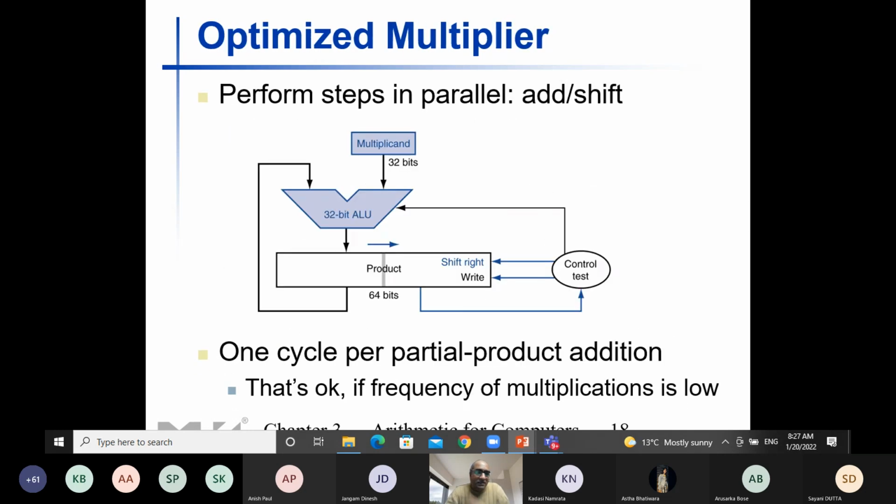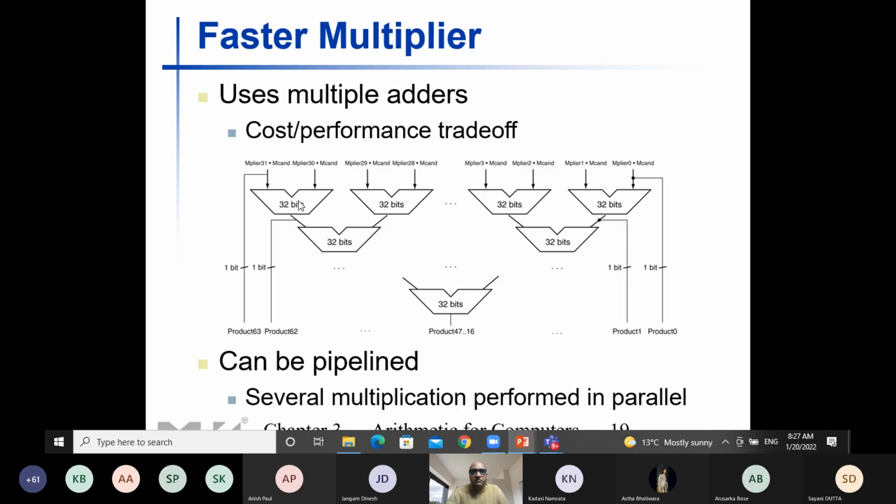And yes, you can do it in an optimal way instead of keeping the adders in a sequential way. You need not percolate, but even then you need to add all these intermediate products, right? So instead you can use a technique, an optimal way of adding these products in a parallel way using this particular circuitry. Suppose this is for a 32-bit